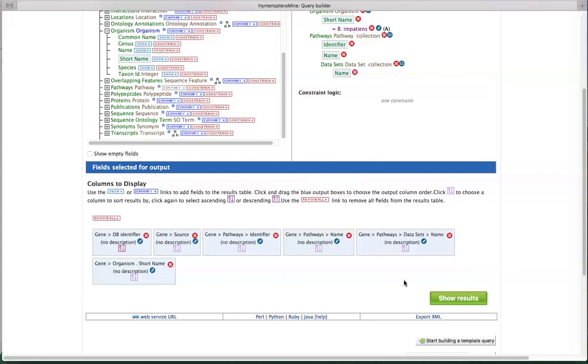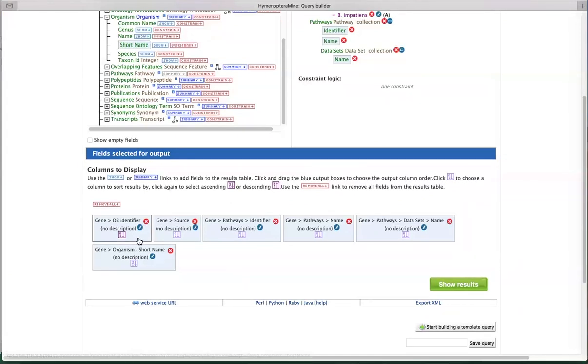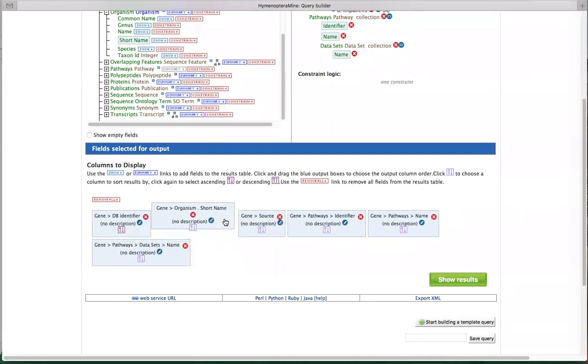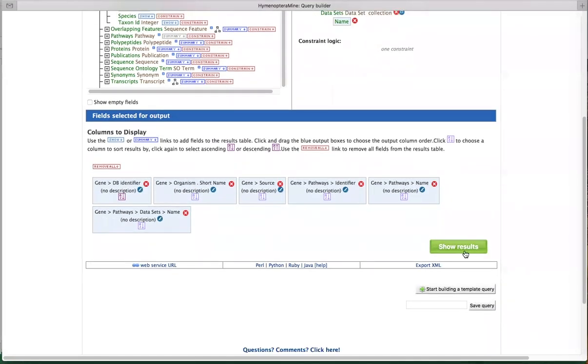And so now if you scroll down, you can see the columns that will be output. And these are actually here in order according to the way they were added in the query builder. So the short name is last because it's the last thing that I added. But let's say that I wanted that to be the second thing that shows, I can just move the box and it will change the order. And so if I just click show results,